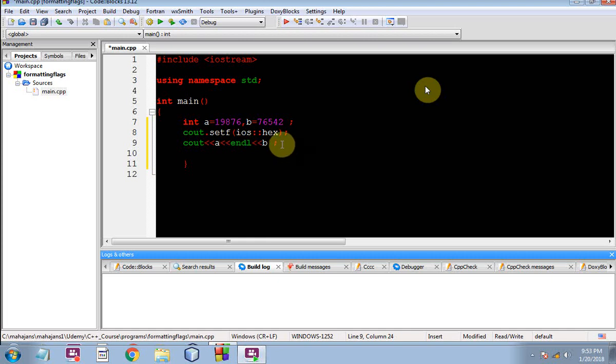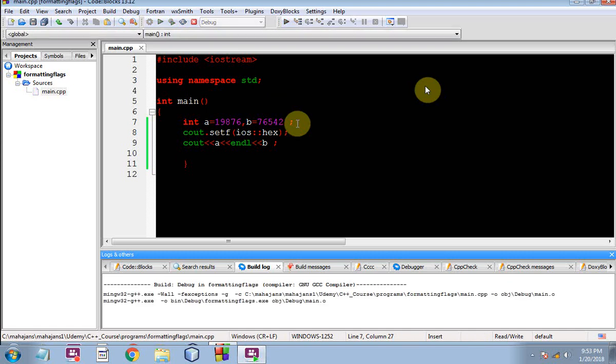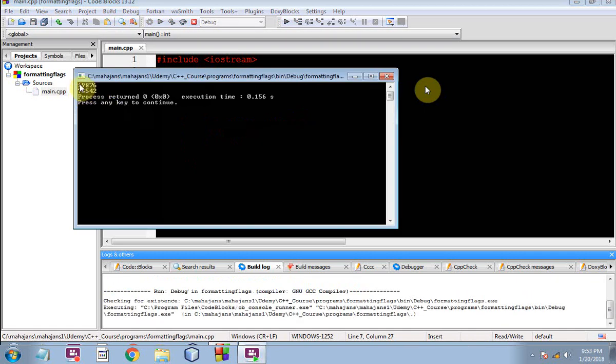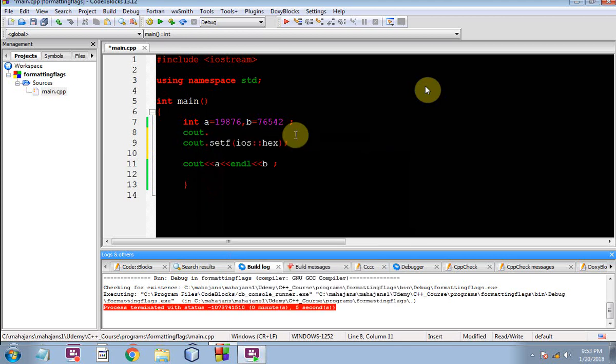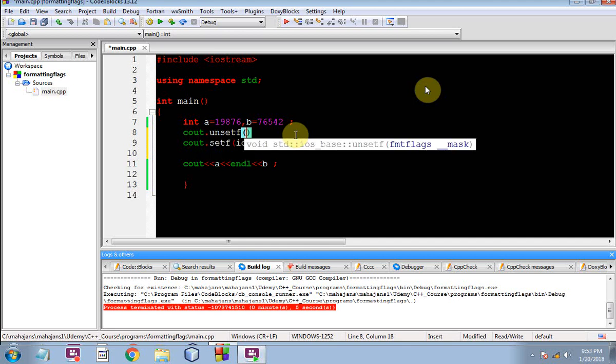So here I am going to print a and b, and you will see that the numbers should be printed in hexadecimal. Oops, it's wrong. The values are getting printed in the decimal number system. Let me see the problem. Okay, I have located it. Actually, the problem is that by default the numbers are printed in the decimal number system. So first we will have to